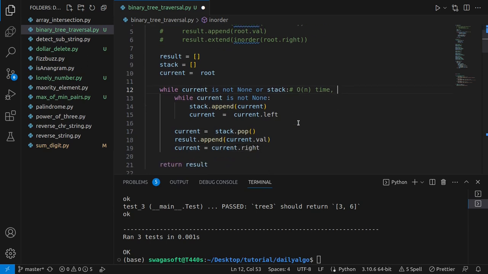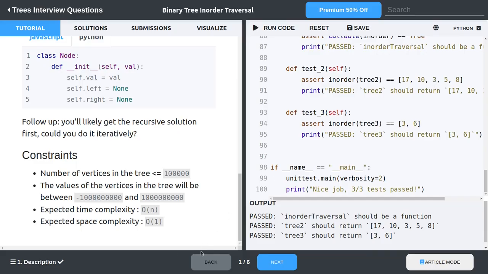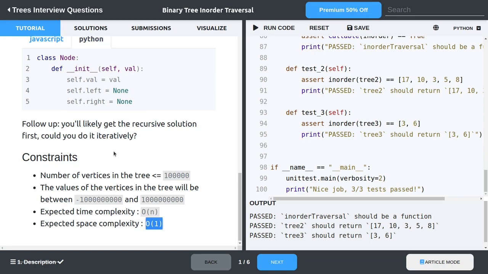And for the space complexity, since every item is being stored, we should have big O of n. I can see they said the expected space complexity is O of 1. I am wondering how a user is going to achieve this, because